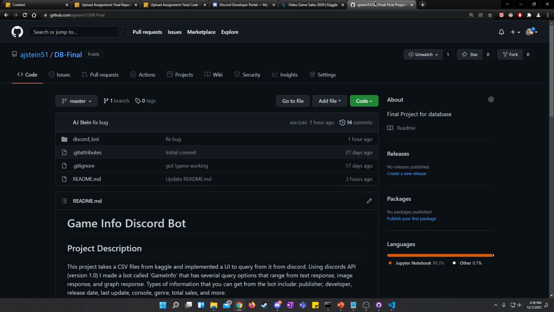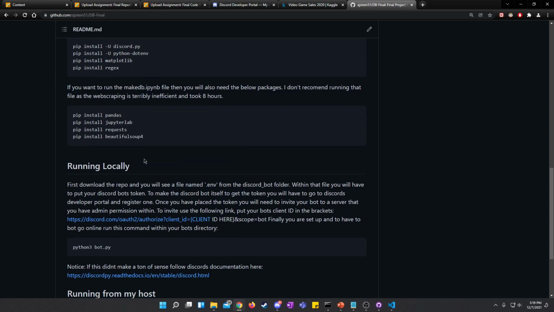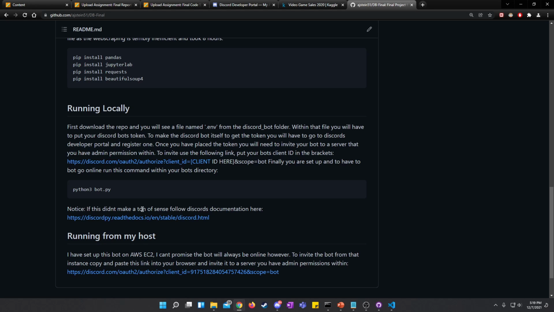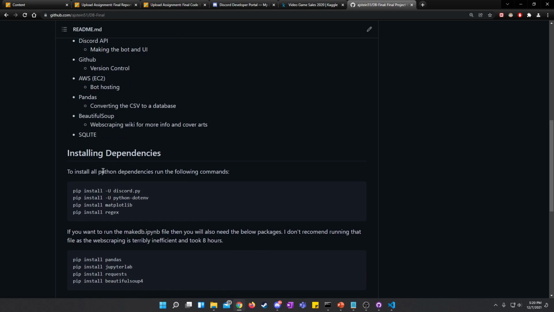and so on. Now, if you want to download this project as a local host instead of how I have mine running on AWS here, you're going to need to install these libraries for the bot itself. And then if you want to make the CSV from a database, you're going to need to run that file, which is a Jupyter notebook, and then you're going to need these dependencies. I don't recommend running this file purely because the web scraping I did took 8+ hours, which is for the cover art. But if you do want to install it and do it locally, you're going to need to